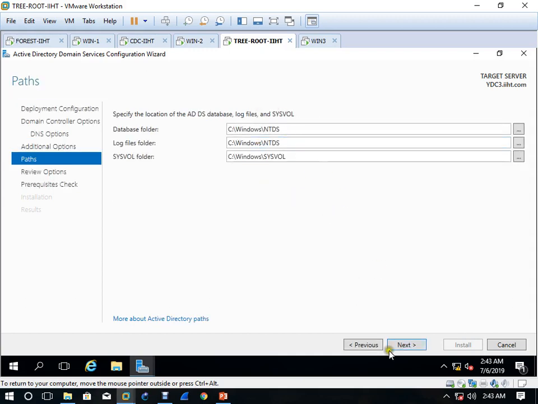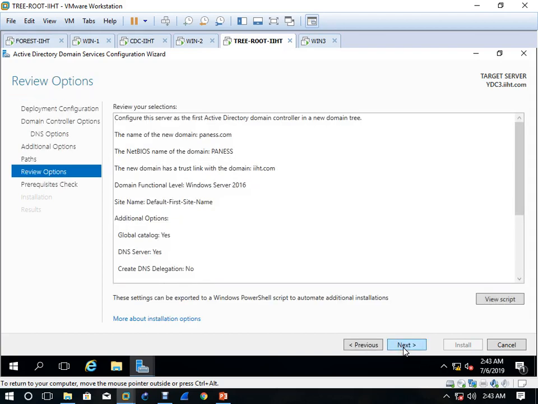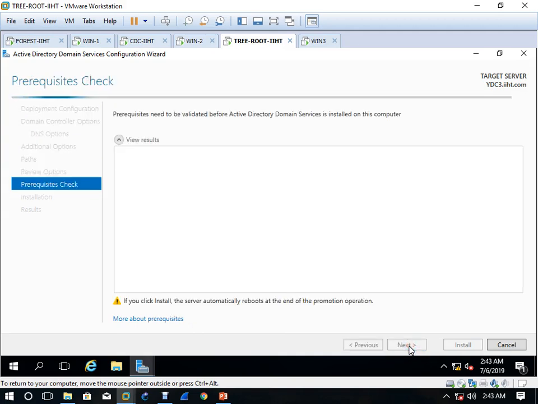Okay, this is the database NTDS and sysvol Active Directory database, and these are the settings we have selected, and then click next.